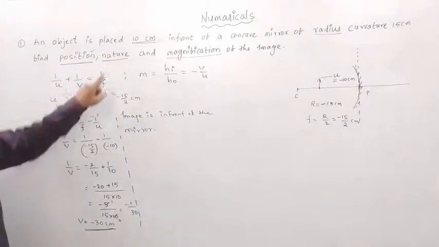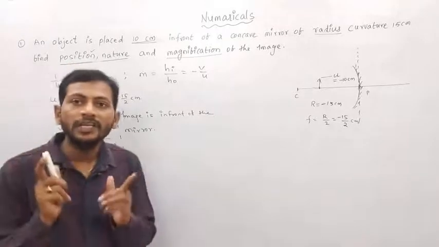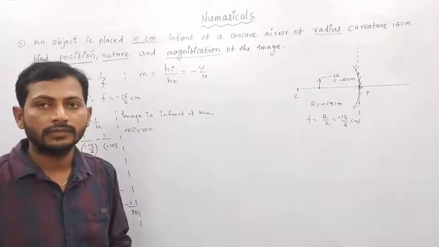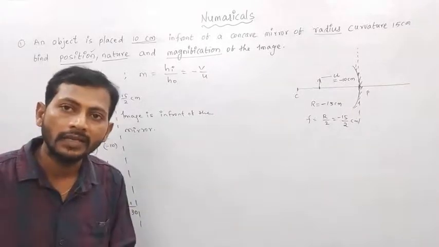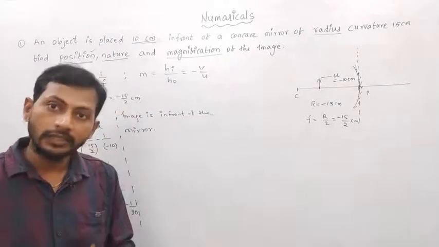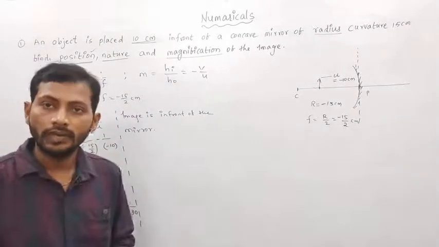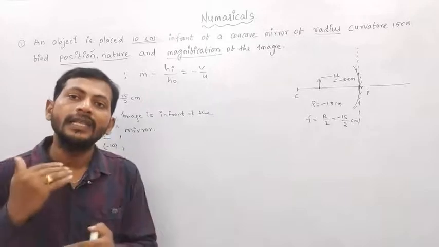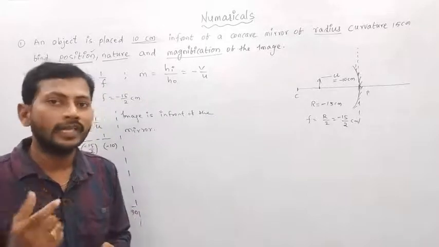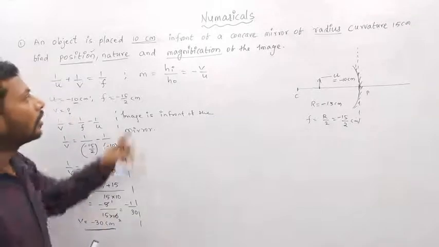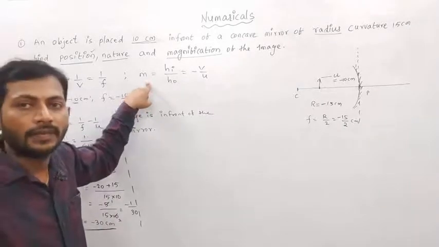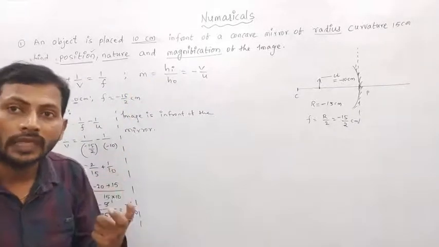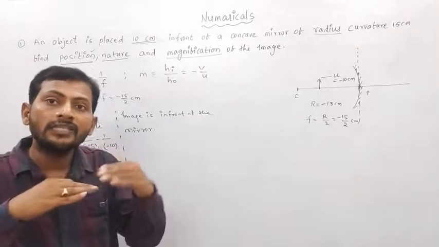Second one is nature. What is meant by nature of the image? An image always has two natures: either it is a real image or a virtual image. This thing we will discuss very closely today. That's why I came with this numerical. So now how am I going to say the nature? Once observe here, children, one more formula is there for you, that is the magnification. I told you in the previous class, this magnification term is comparing the size of the image with the object.